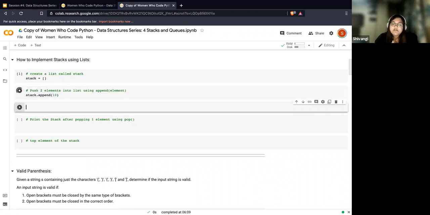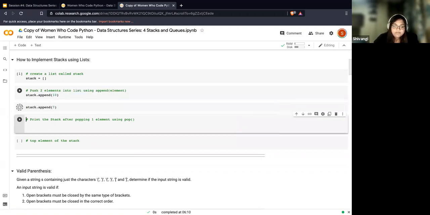I'll be pushing one element now, and you can add another element. Now let's see what's there in the stack.